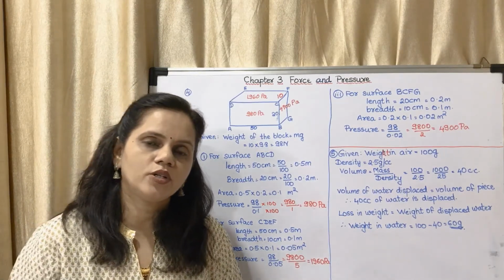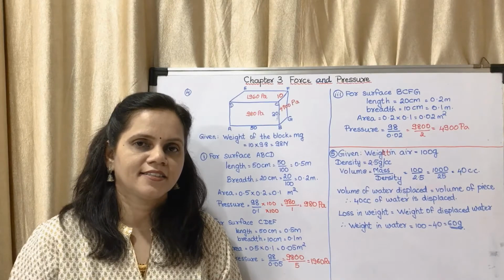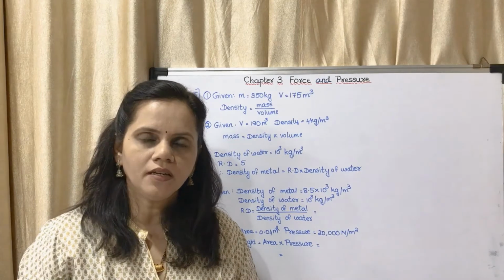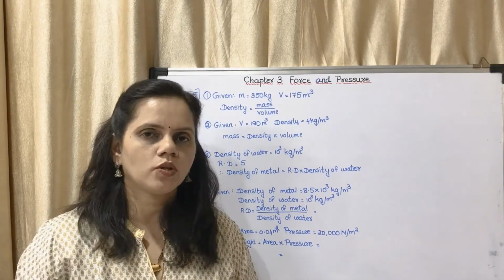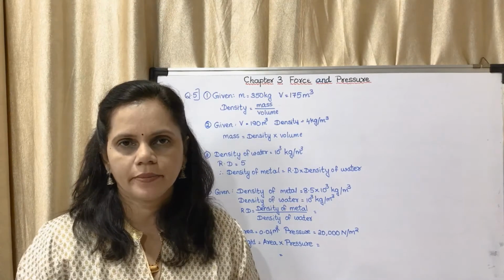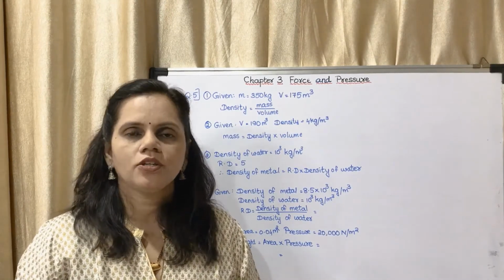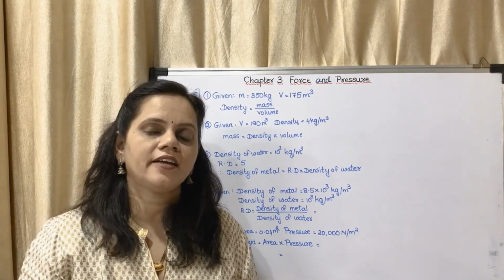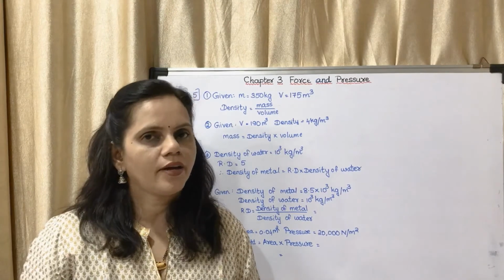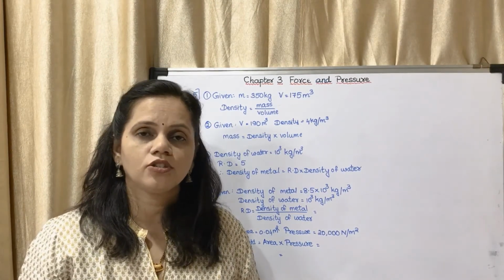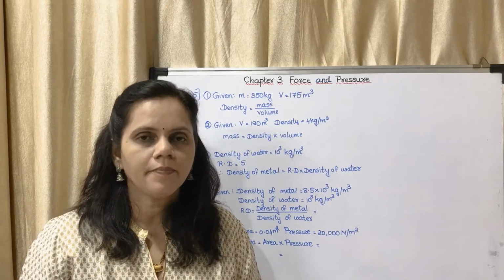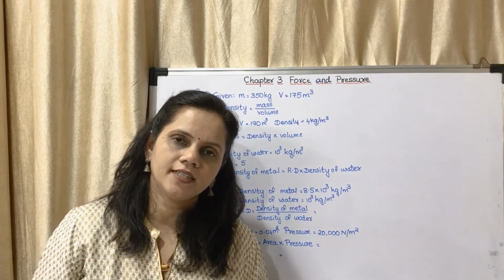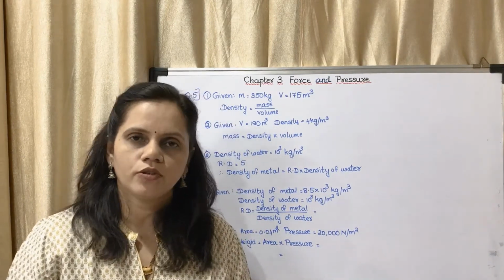Now we may move on to the numericals in the exercise. Question number 5. Complete the table. You will be given the table in the school also. In your question papers also they will give you the table, and you have to calculate and show. You cannot just learn the answers and write them like fill in the blanks. You have to show the calculations. For that you should know the formulas. Just now we discussed the formulas. What are the 3 formulas which we studied in this chapter? Pressure is equal to force upon area.